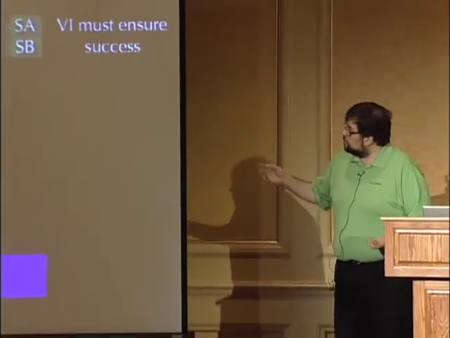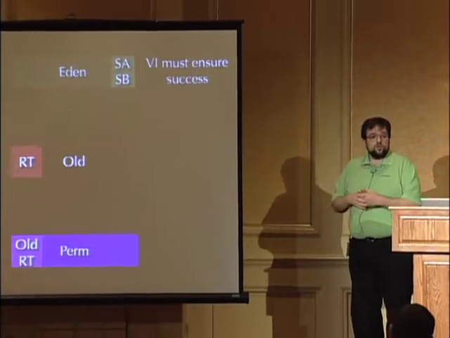And besides, what's going to happen if you find out that you need to scavenge? Well, scavenge. Might as well not ask at all, and have the VM do it anyway. So that's what the VM does. Fills up, scavenge. Now, of course, why can't we always scavenge? Because then we let the image deal with the responsibility of making sure that that can always happen. And why could scavenge fail? Well, because there might not be enough space in old space to hold whatever it is that we're going to